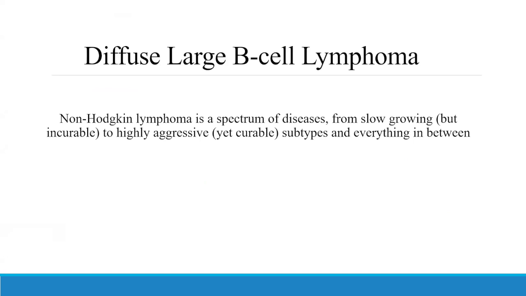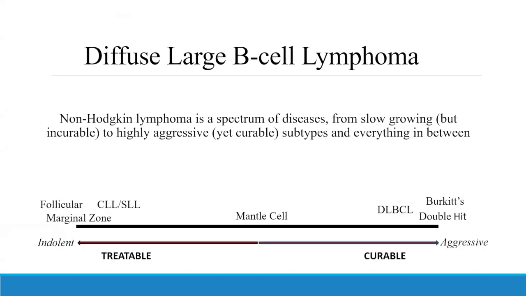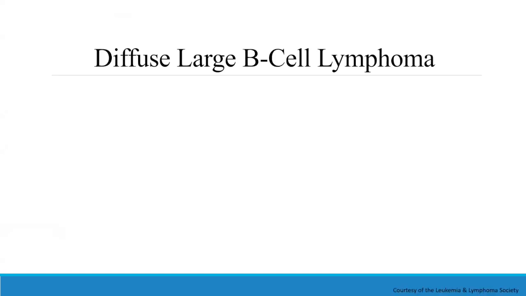So diffuse large B-cell lymphoma is the most common of the aggressive types of non-Hodgkin lymphoma. And what I tell patients is that once they have a tissue diagnosis of a non-Hodgkin lymphoma, it's really not useful for them to go down that Dr. Google rabbit hole of looking up prognosis on the internet. There are dozens of different types of non-Hodgkin lymphoma, and they can span quite a breadth of different types of prognosis and treatment. On one end, you will have, oh, didn't work.